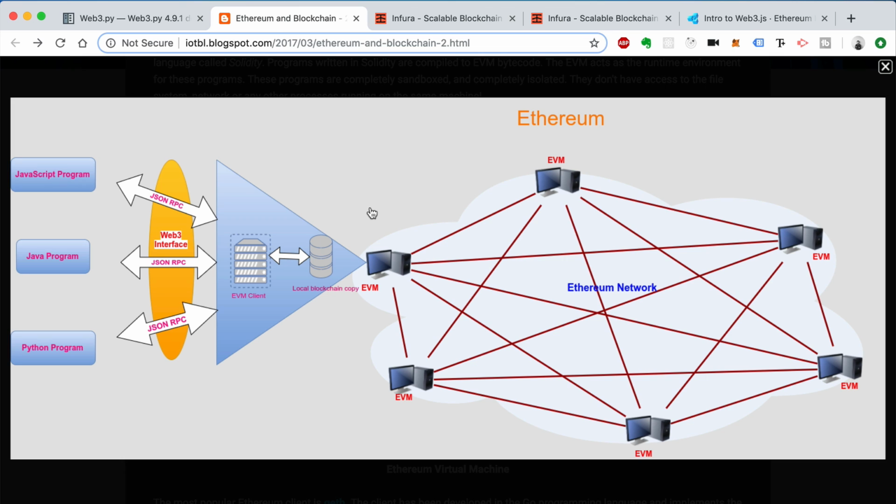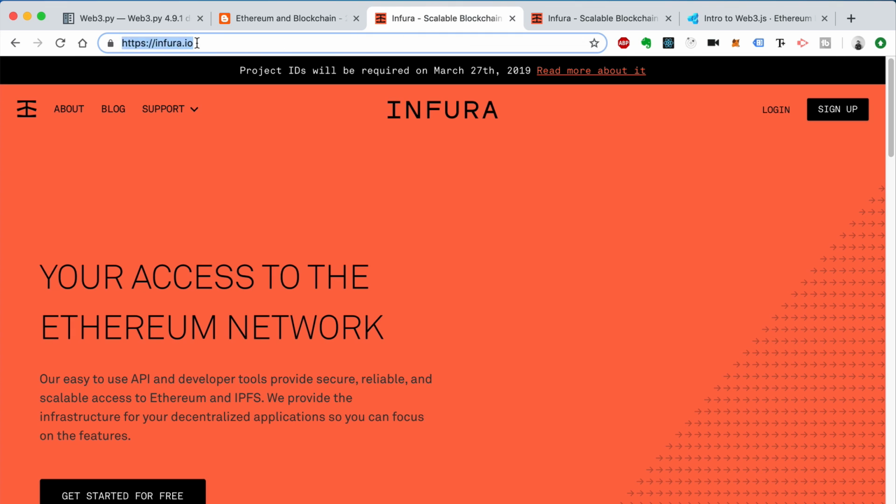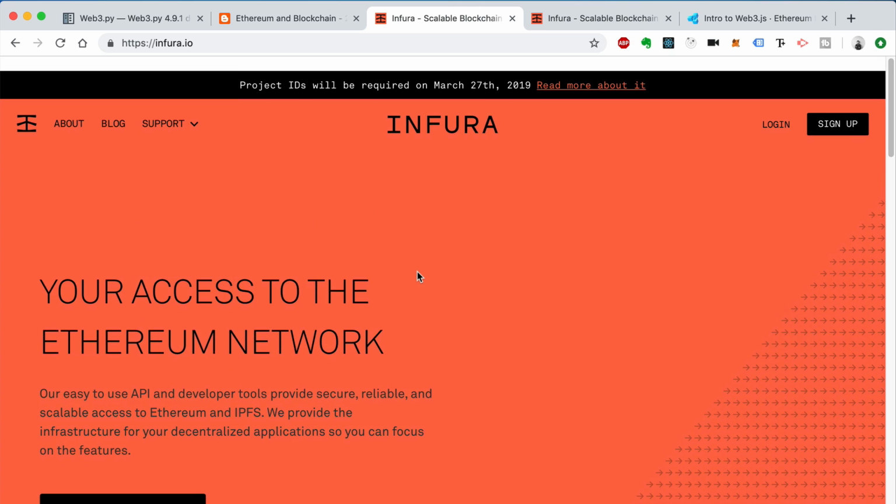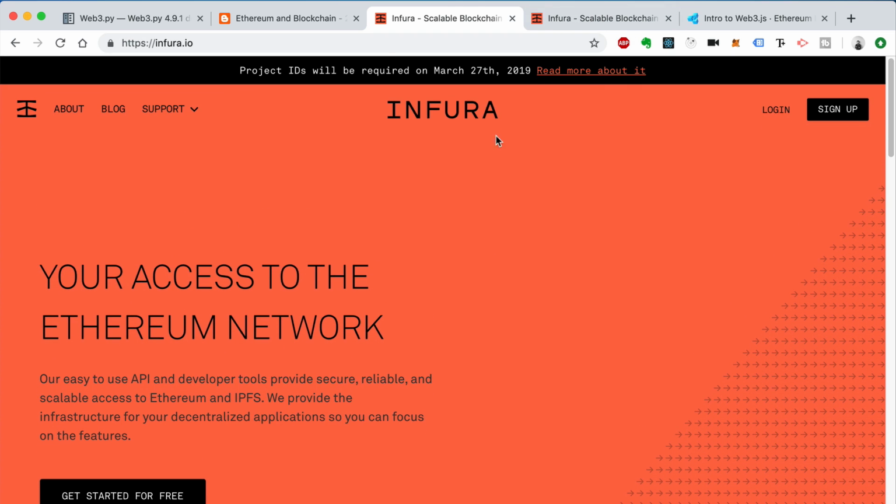So that being said, the next thing you're going to want to do is head over to infura.io to get a link to an Ethereum node. And that's what we're going to use to create our connection to the blockchain. Infura is basically an Ethereum node as a service, which gives us access to the network, right? And so basically, once you sign up,